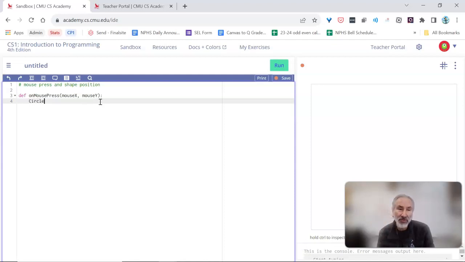Okay, so what we'd like to do is print a shape. Let's go ahead and just make a circle because they're easy. And normally for the circle you have to give it the center x and the center y, and then you have to